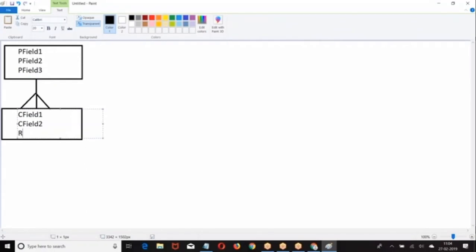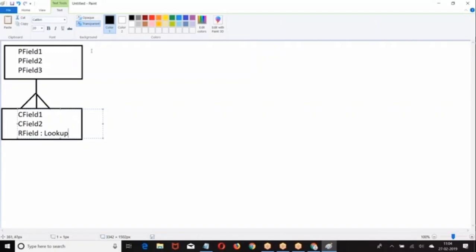Now we are going to say R field. It is a lookup field. Now both these objects are connected using a lookup field or a master detail field.